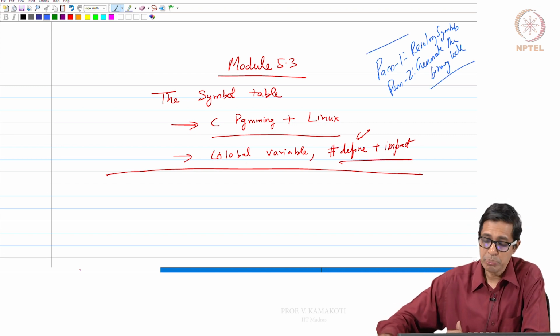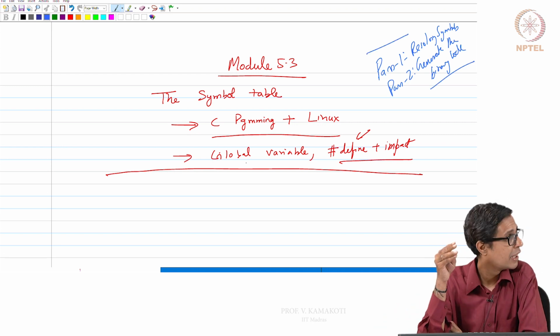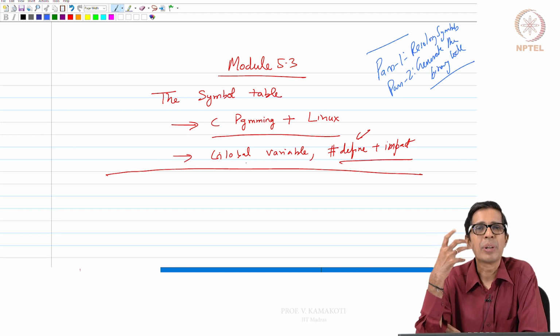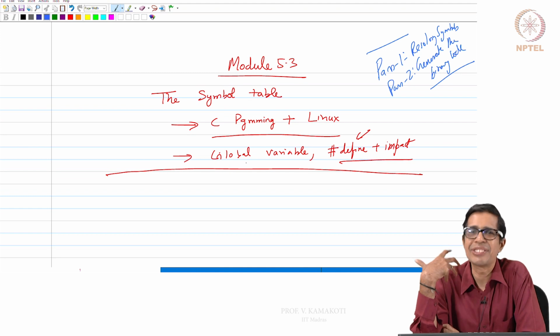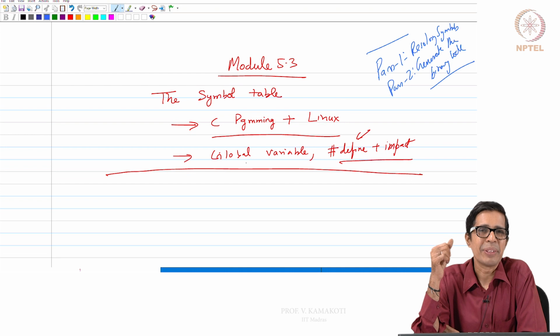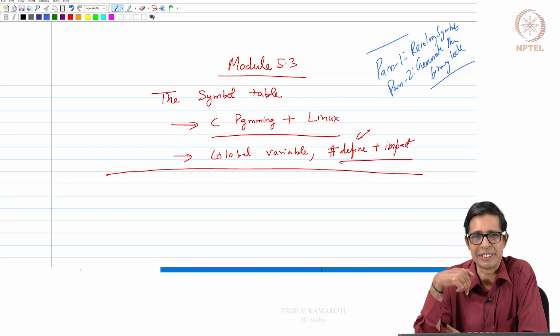Then the most important thing is, when we are looking at resolving symbols, one of the entities that is very much necessary for this is the symbol table. Now how do we construct the symbol table, and what are the things that are expected out of the symbol table, right? And that is what we will see.